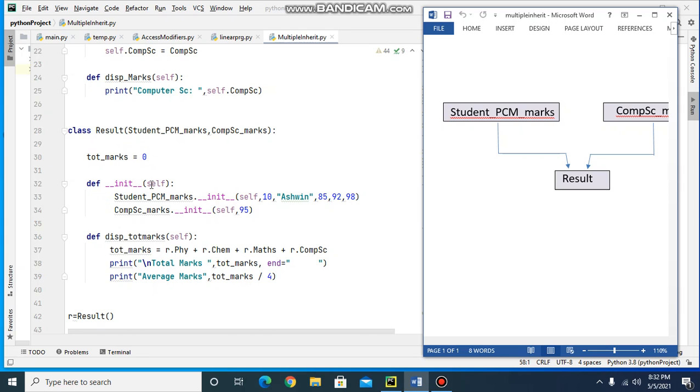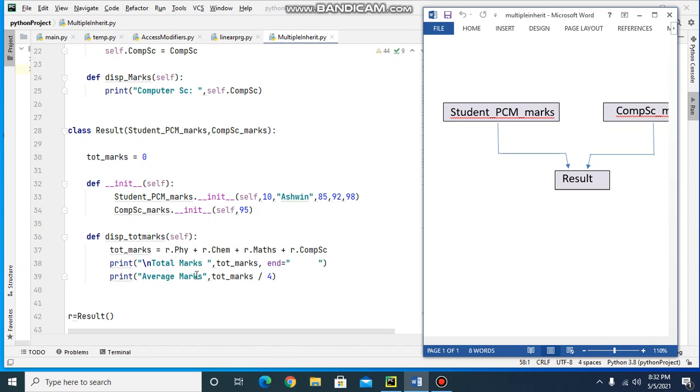And this is the constructor for the class result. Then we have the method for this result class, display total marks, which will calculate the total marks and print the total marks.